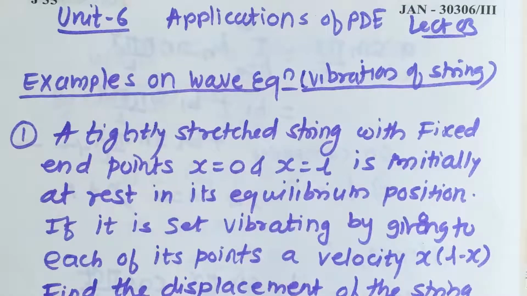So far two examples I have solved in the previous two lectures. Now in this lecture also I am going to solve two more examples which are of a slightly different type, in which we have different types of boundary conditions, and in one problem we are going to see how to get the boundary conditions. After that, some problems for practice I am going to leave for you. Okay, so let us start the first problem.